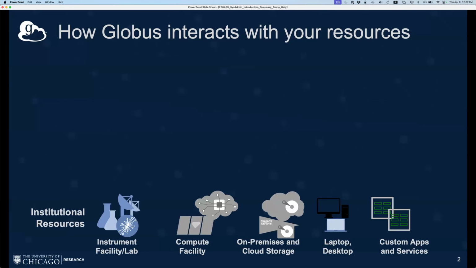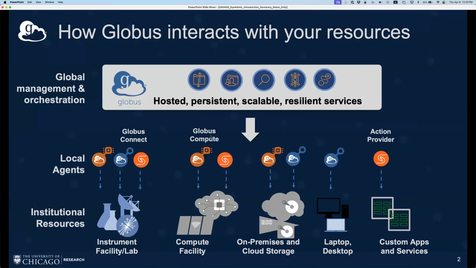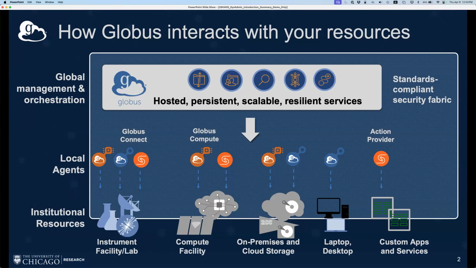So you may have different types of resources on campus, both storage and compute resources. Those are accessible to Globus only when you install one of these two pieces of software that I'm showing on the left, Globus Connect or Globus Compute. And then of course that makes them accessible or visible to our multi-tenant cloud hosted service, and all of this stuff gets wrapped by the security fabric, which is Globus Auth, which you saw Bridget and Greg interact with